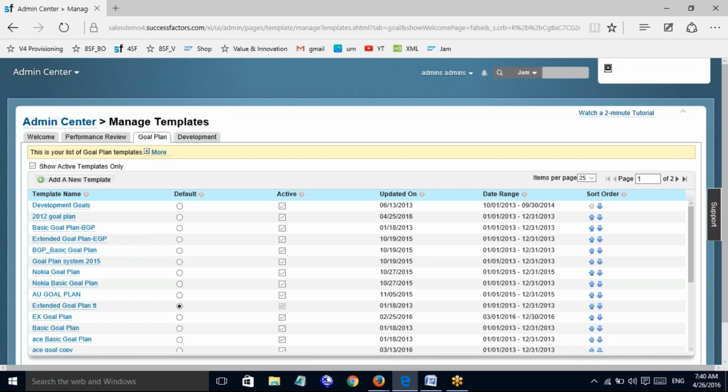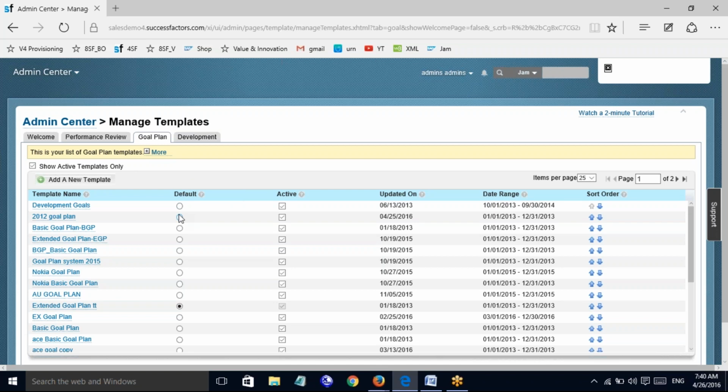Next one, how to set a default goal plan template. You see here the default option, with radio buttons. When the goal plan is set as a default, you have an option to make it the default only for new users, or you can make any goal plan template the default for your entire company.